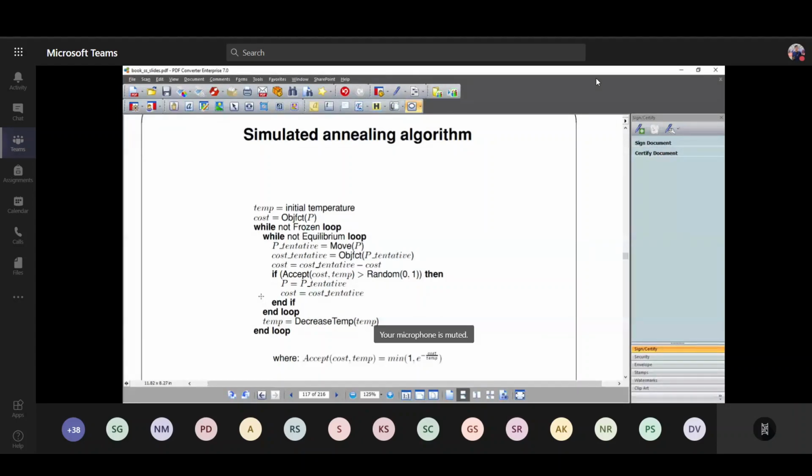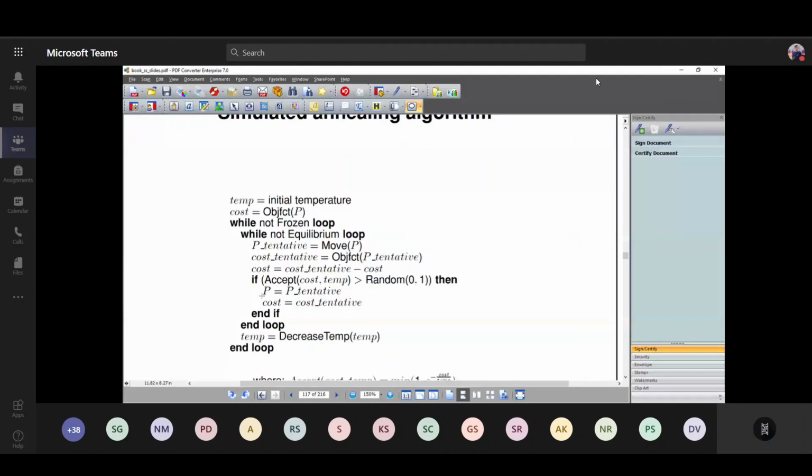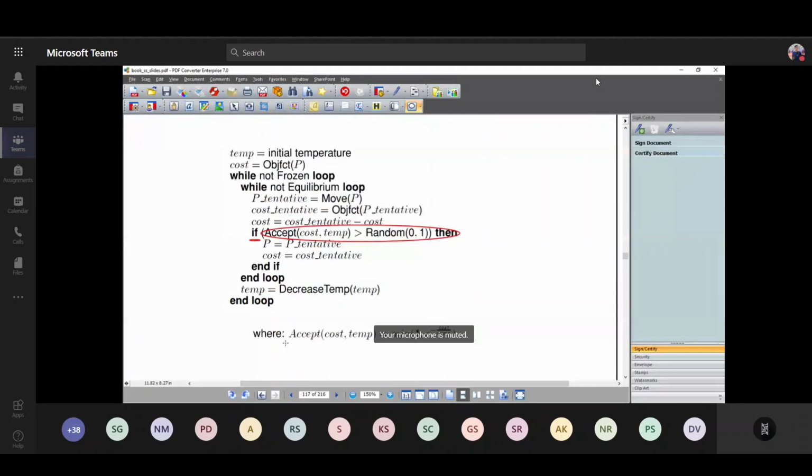Now here you can see the type of object which we want to make or put together. First we take a random number with the temperature and the cost, and look into whether that particular object fits with that tentative cost or not. We make that acceptance using this sigmoid function. Once that has been done, either it is selected or not selected. If it has not been selected, we repeat this.